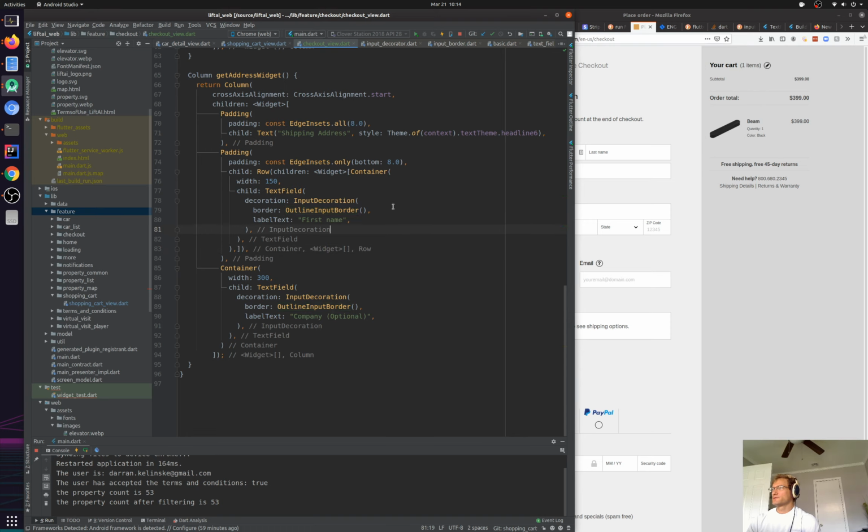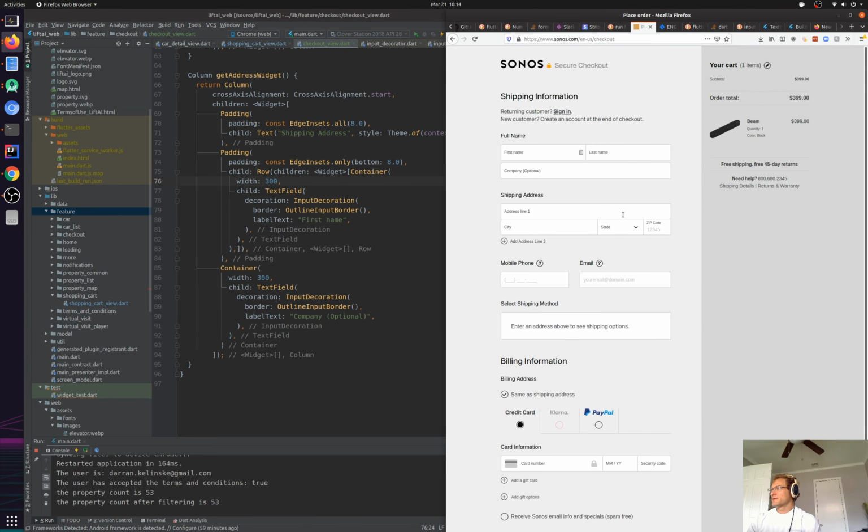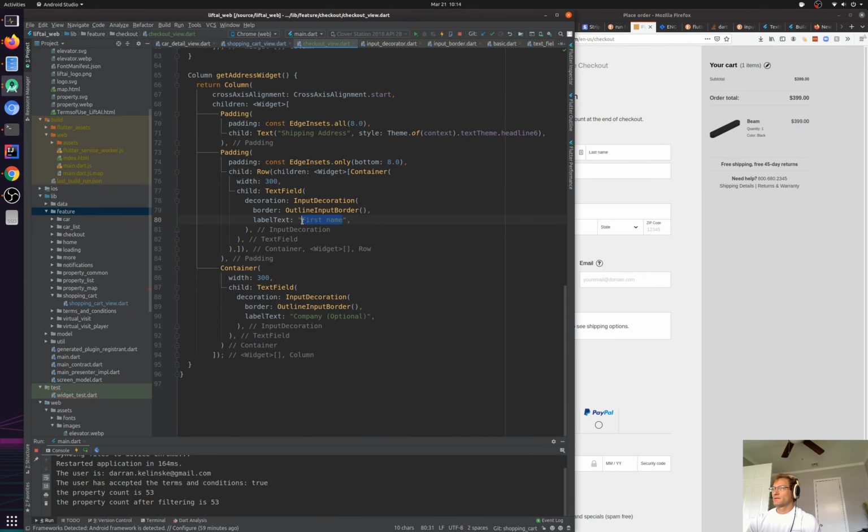And instead of first name, I'm going to make this 300, so I want it to take up the same amount of width of the company field, and we're going to call this address line 1. So let's do that. Address line 1,